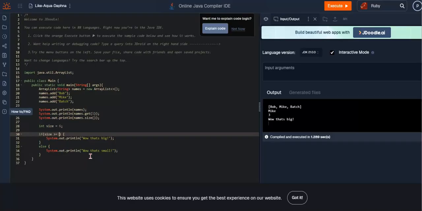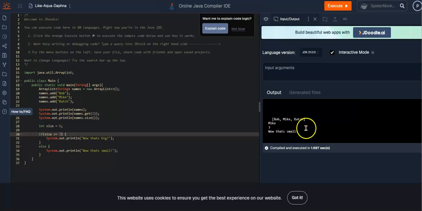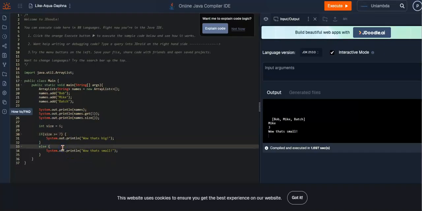If I were to change this to 7 instead of 6, right, then it should print, "wow, that's small." And as I said, it will print, "wow, that's small," because 6 is less than 7, right? So now that we've done that, you might be wondering, well, okay, what if I have more than one condition, right? And then what you can do is you can have an else if, or an elif, as I like to call it. So you'd have else if, and let's say the size